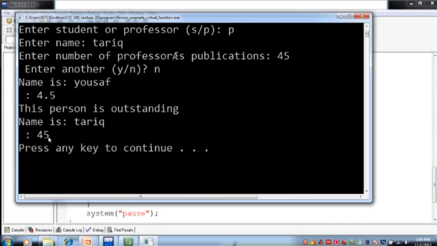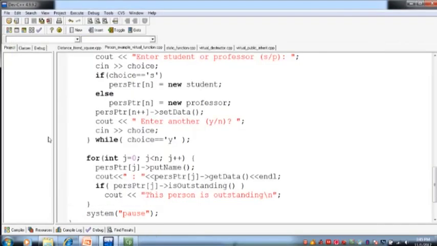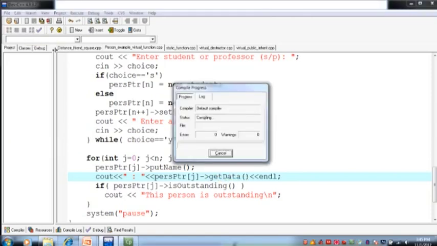So हमने उसको virtual जब बना दिया get data को base class में, अब वो इस पॉइंटर पे इस इंडेक्स पे जो एड्रेस पड़ा हुआ है उस एड्रेस पे जो ऑब्जेक्ट है उसकी टाइप को देख के गेट डाटा का फंक्शन एग्जीक्यूट करेगा. सो अगर वो ऑब्जेक्ट स्टूडेंट टाइप का है देन द स्टूडेंट का गेट डाटा फंक्शन एग्जीक्यूट होगा, अगर वो ऑब्जेक्ट प्रोफेसर टाइप का है तो प्रोफेसर का गेट डाटा फंक्शन एग्जीक्यूट होगा, राइट। लेट्स रन दिस प्रोग्राम वंस अगेन।